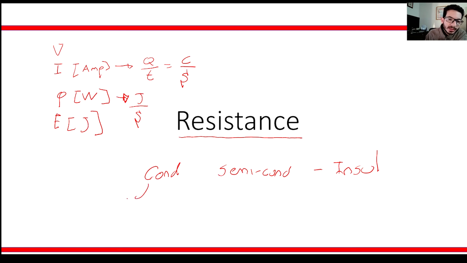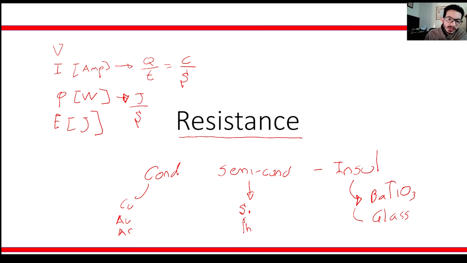Conductors, we have copper, gold, silver, etc. Semiconductors, we have silicon, it's very famous, and phosphorus. And then insulators, we have barium titanate, we have glass,